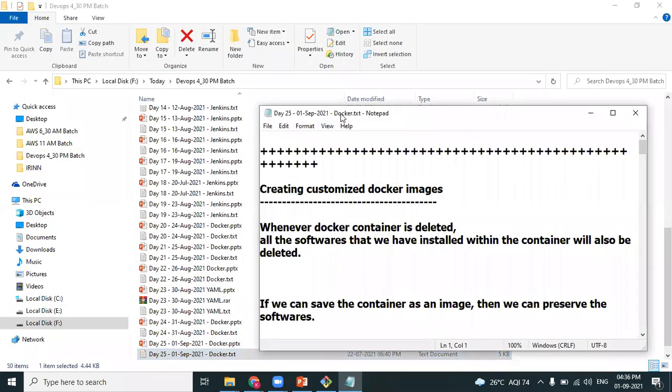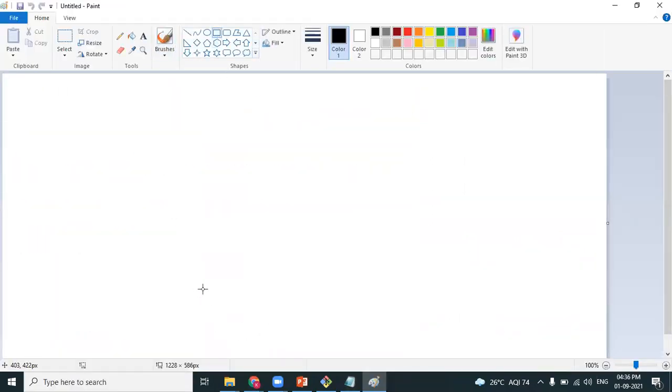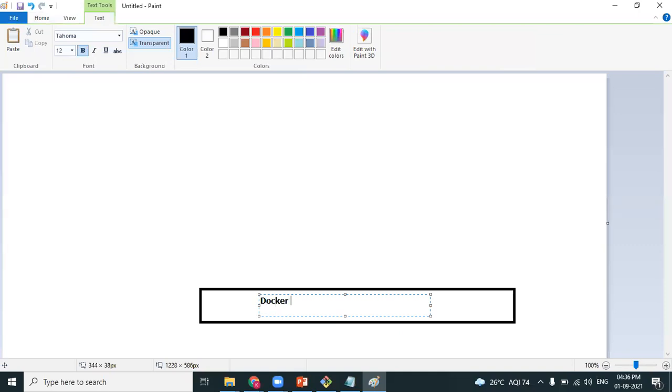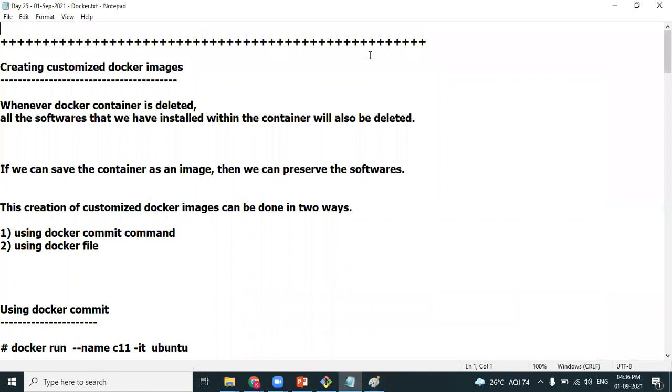Let's move on. Creating customized images. Okay, look at a scenario. This is your Docker host. When a container is deleted, all the software which we have installed inside the container will also be deleted.